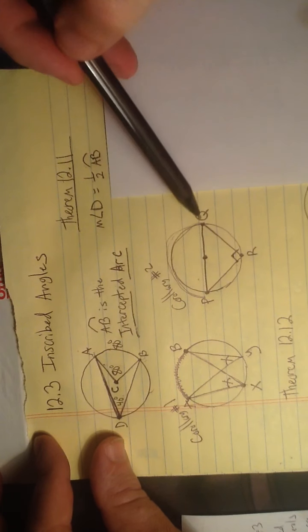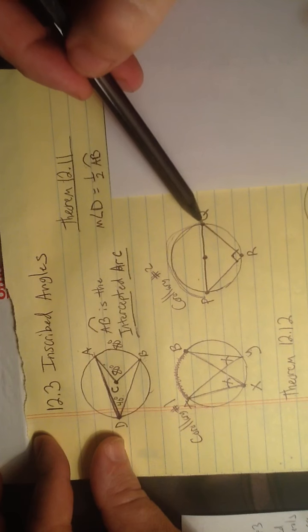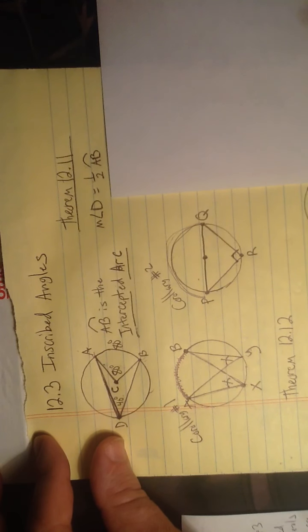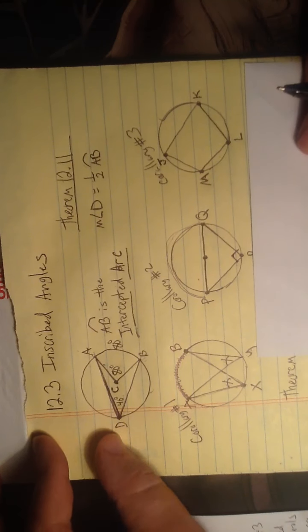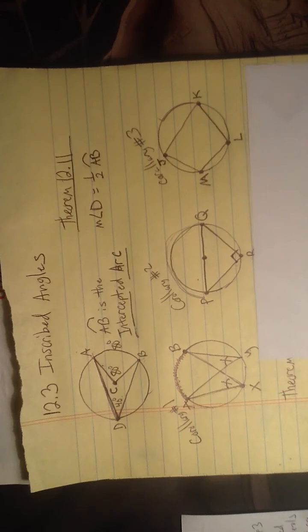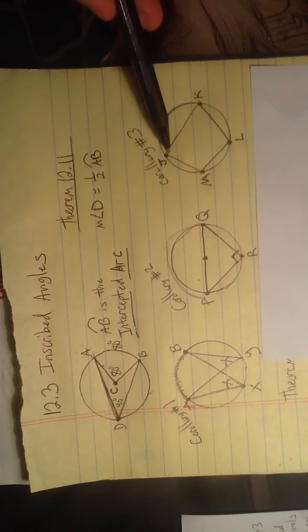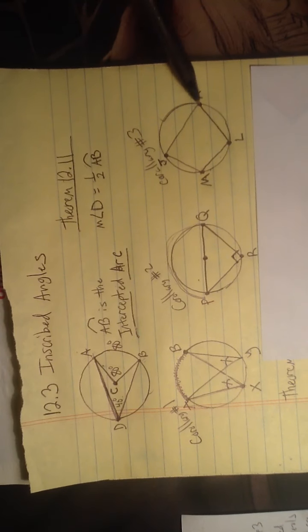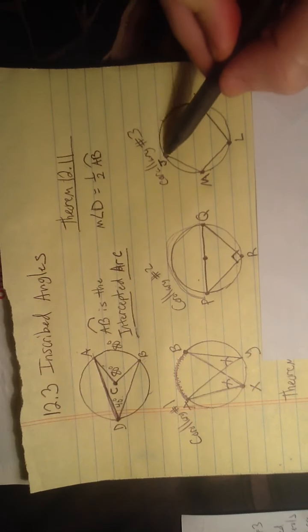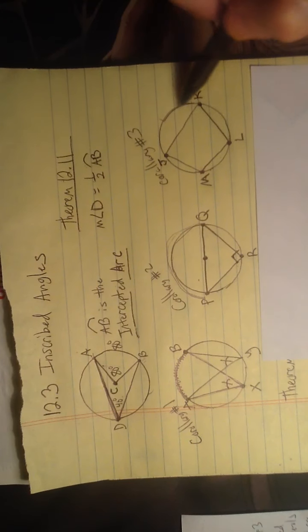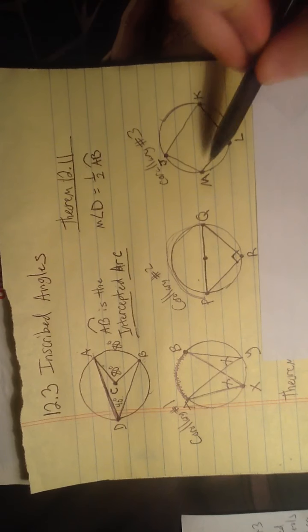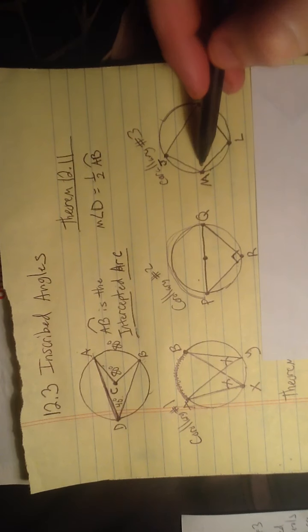So P and Q are basically endpoints of your diameter. This has to be a right angle. Makes a lot of sense, I hope. And then the third corollary, and this is not hard, but maybe the least friendly of all of them, but it's not that bad. It just basically says that if you have a quadrilateral, does everybody see the quadrilateral JKLM? It's a four-sided figure. If the entire quadrilateral is inscribed, in other words, if all four vertices of the quadrilateral are on the circle itself, and they are, J is on the circle, K, L, M, then we know that opposite angles